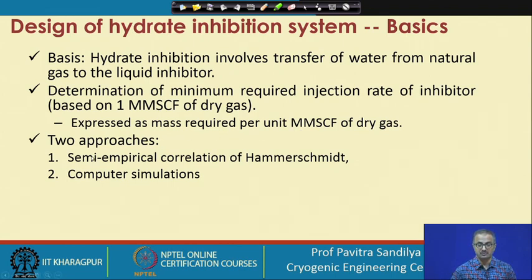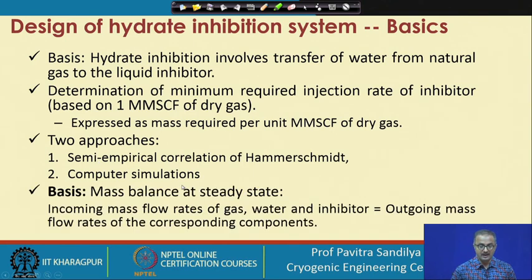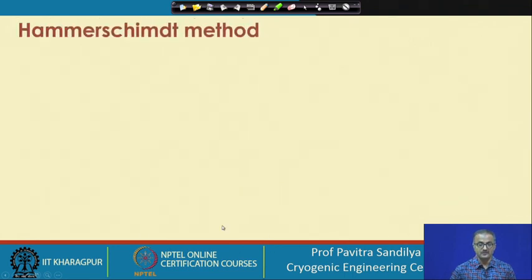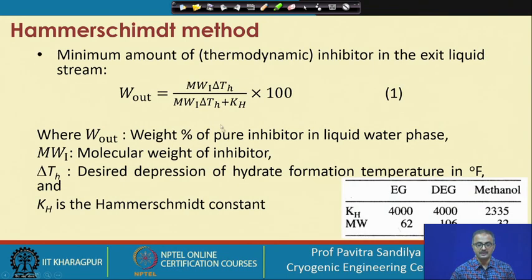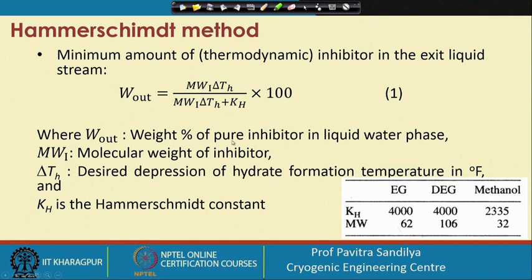One is semi-empirical correlation and the other is computer simulation, and the basis for the steady state operation is that the incoming mass flow rate of the gas, water and the inhibitor is equal to the outgoing mass flow rates of the corresponding components. Now with this we find that Hammerstedt gives this particular equation to find out the weight percentage